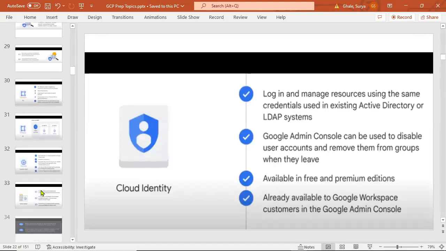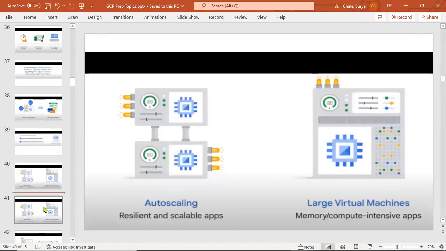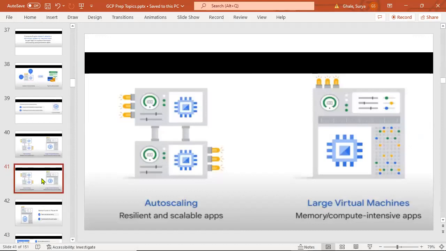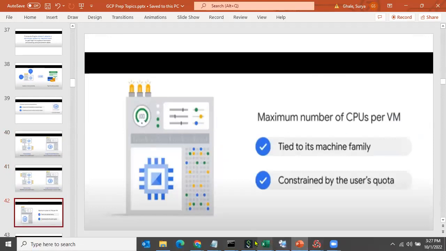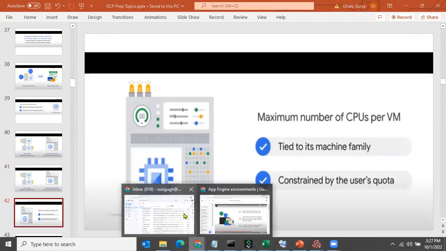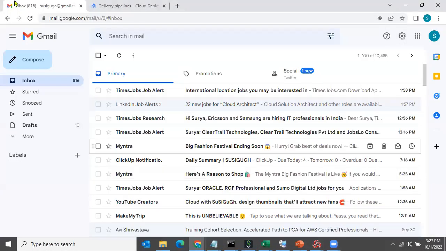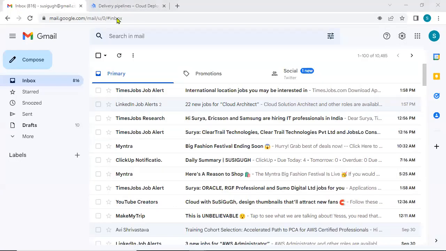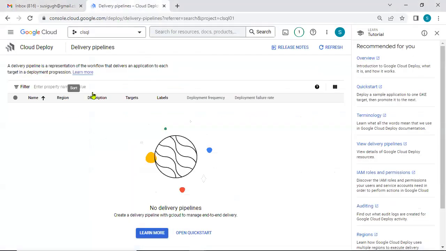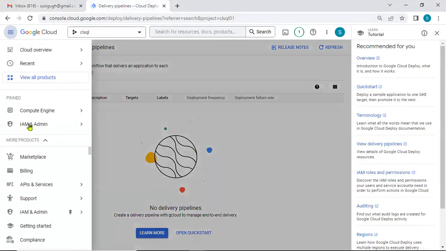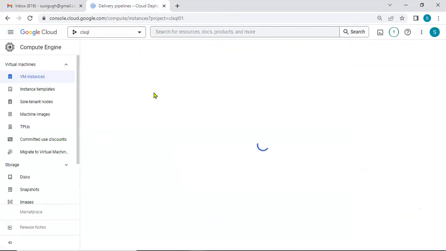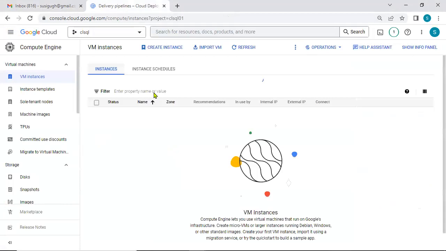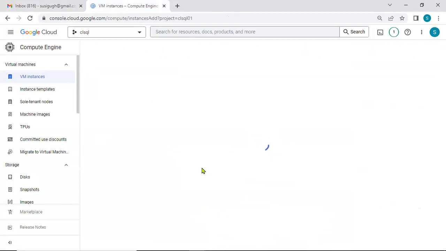Is it like 42? Okay, now what I was going to show you here is, I go down here, and I go to Google Compute Engine. Now if I say create instance,